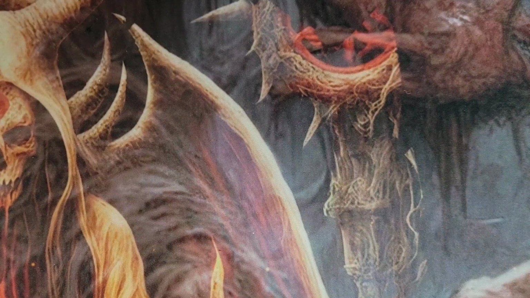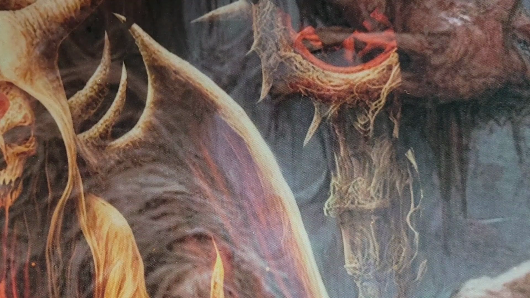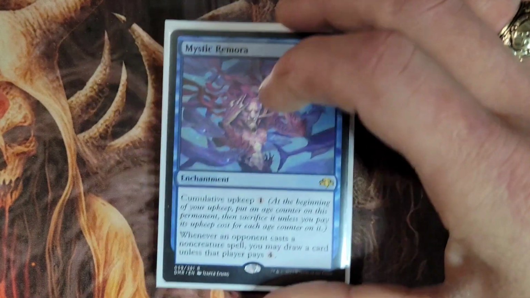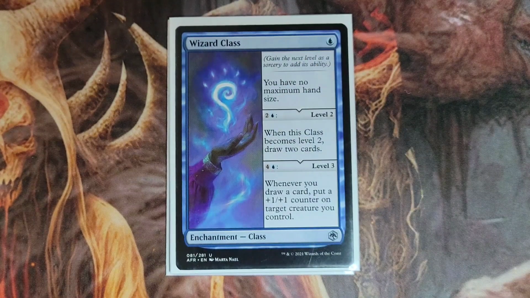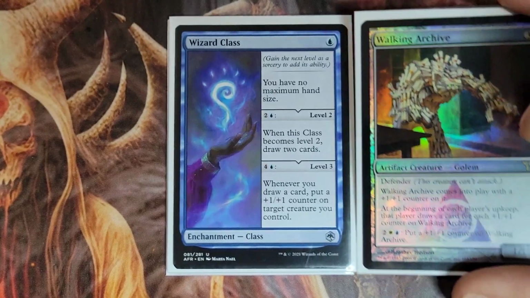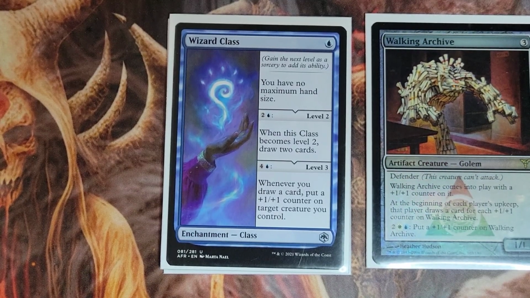Okay, let's get into the enchantments. Most of these enchantments are going to allow us to draw cards or punish our opponents for drawing cards. Of course, we have Mystic Remora. We have Wizard Class. The first level, we have no maximum hand size. And then level 2, we get to draw 2 cards. And then level 3, whenever we draw a card, we can put a +1/+1 counter on target creature. Level 3 is really going to benefit with the Walking Archive, because then we can continually put as many +1/+1